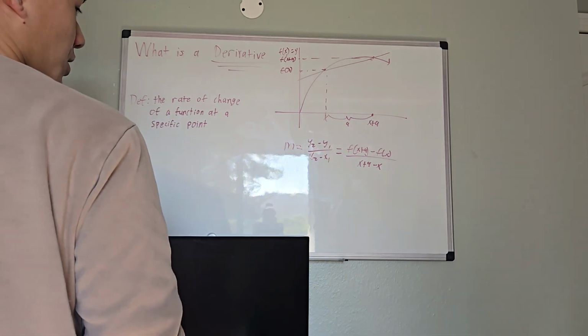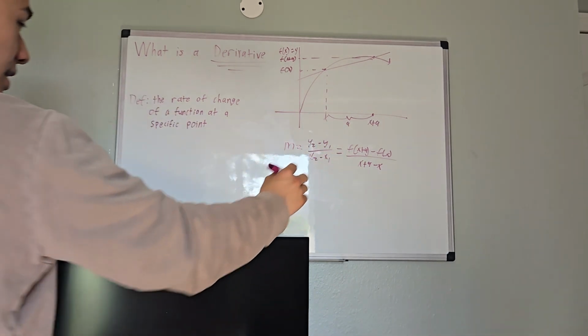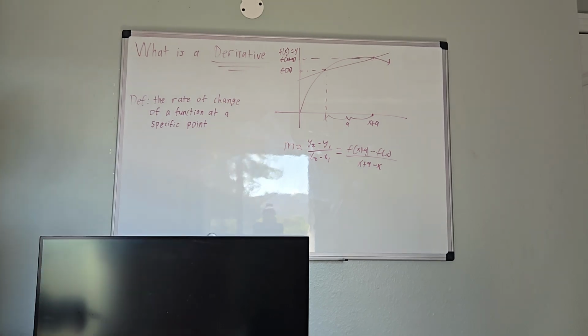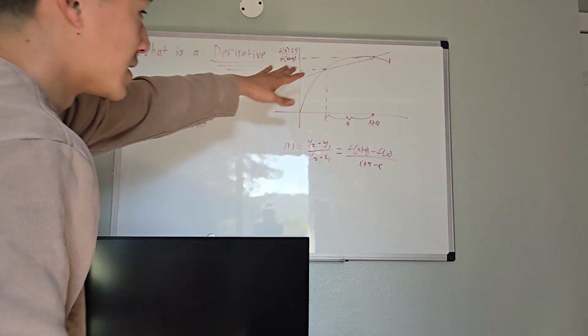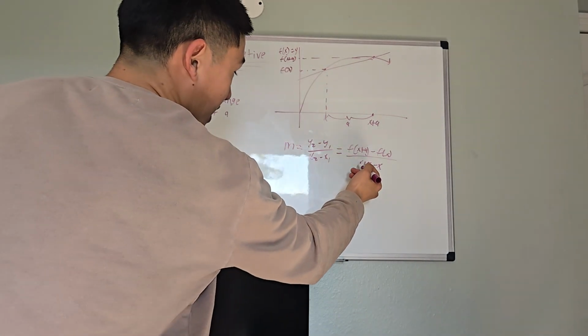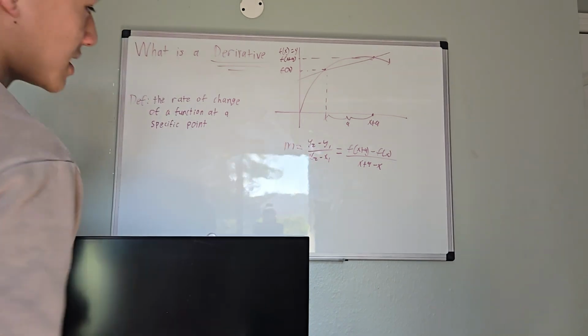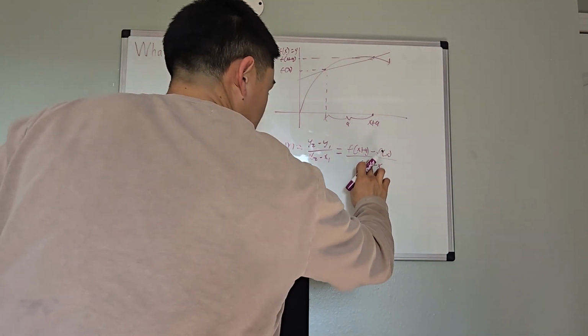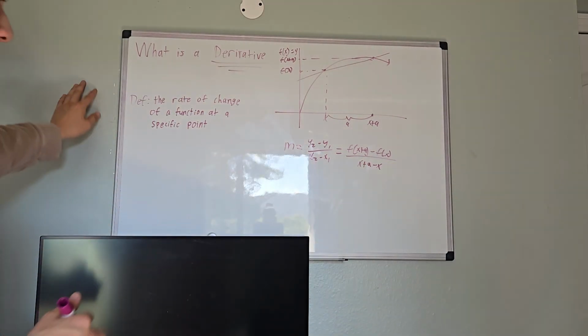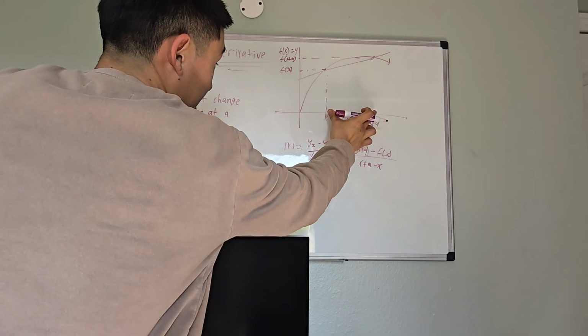This formula represents the slope of this line. On the bottom, you have x plus a minus x, so it is just a. Looks like a textbook definition of a derivative,